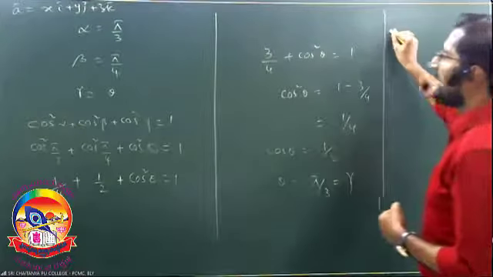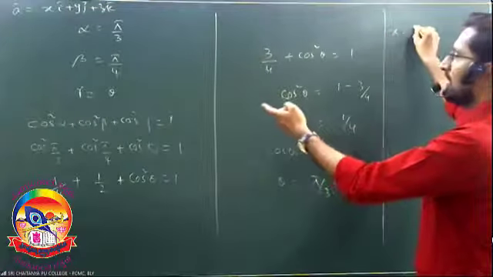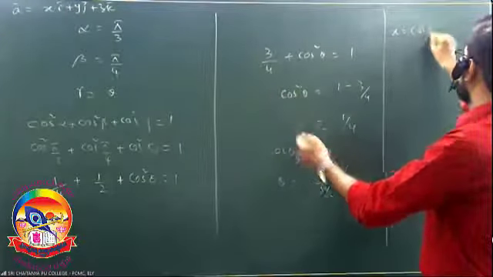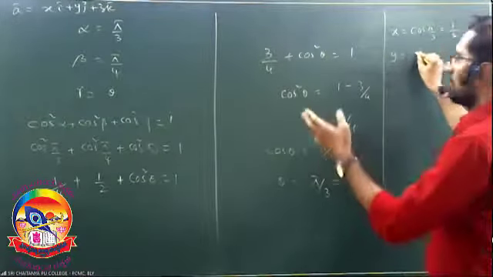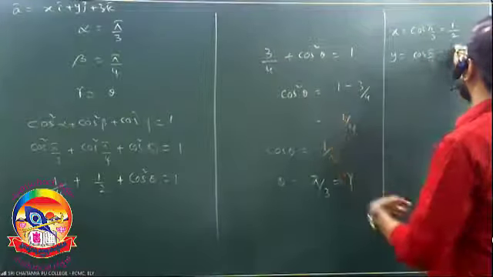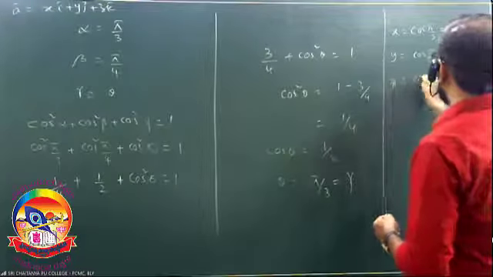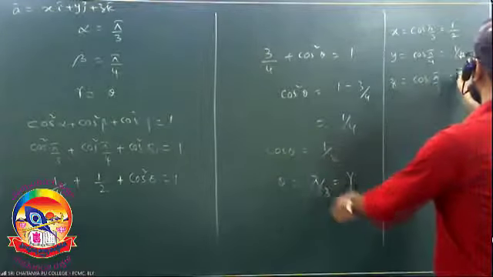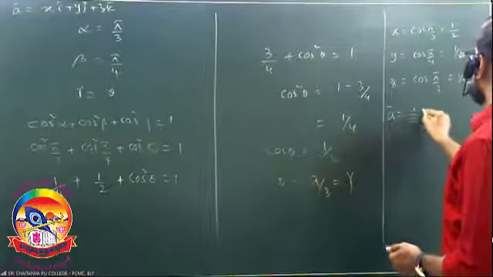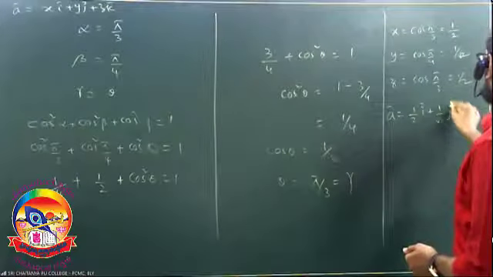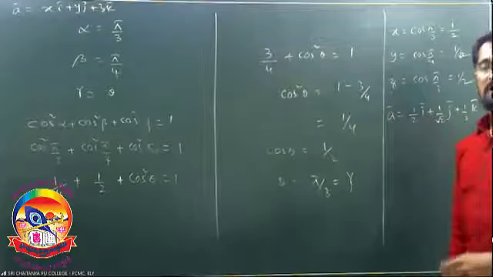Understood now? Therefore, I want to find the x value. At that time x is equal to cos pi by 3, which is equal to 1 by 2. The y value, what are you going to get? Cos pi by 4, which is equal to 1 by root 2, right? Now z is equal to cos, how much did you get? Pi by 3 again, which is equal to 1 by 2. Therefore, a bar is equal to 1 by 2 i bar plus 1 by root 2 j bar plus 1 by 2 k bar. Observe that one. I am repeating this step again.